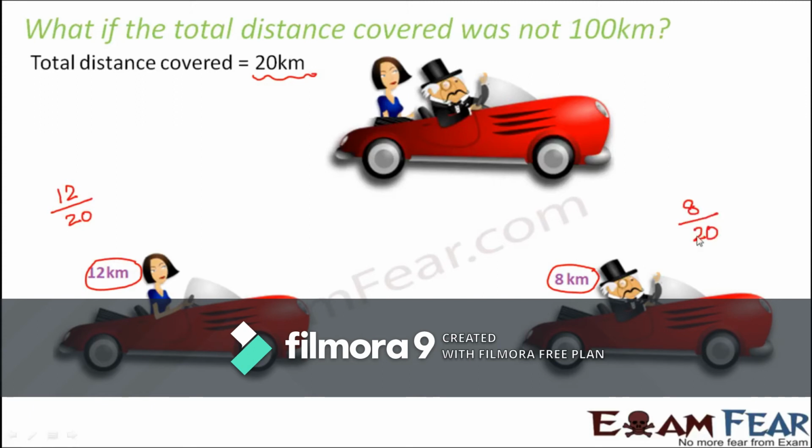So we did not get a percentage. Now how do we get a percentage? Percentage means we need to find a fraction such that the numerator is any number and the denominator is 100. Right, that is a percentage. So whatever we are seeing, whether it is 12 by 20 or 8 by 20, these are fractions. So we need to convert these fractions into fractions with denominator equal to 100. That is our aim. So how do we do that?